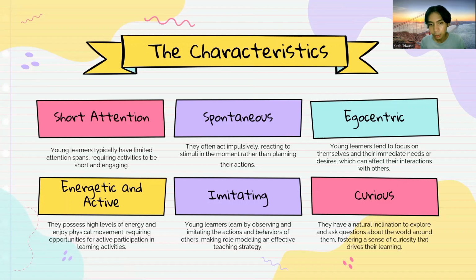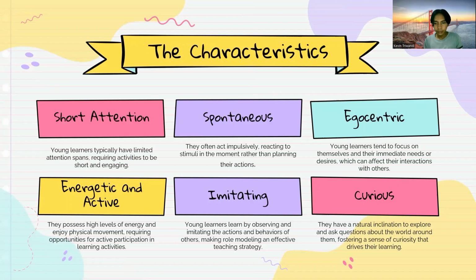And if we take an example of teaching them in the right way for the imitating characteristic, like if we're teaching some vocabulary in English, we can mention it loudly to the students, and we can ask the students to imitate what we said earlier. So it will be very helpful and useful for the students that always imitate others.